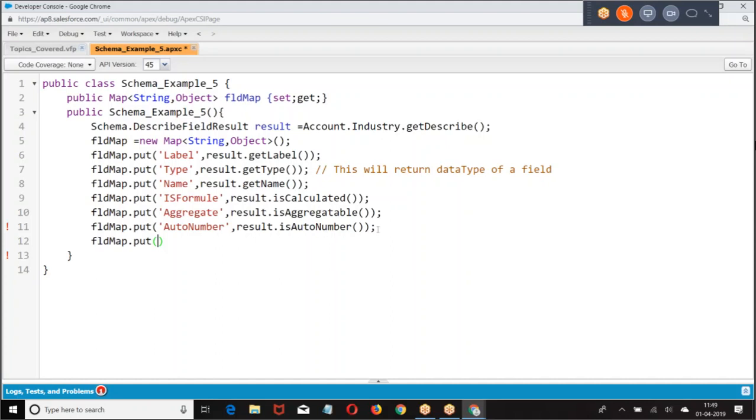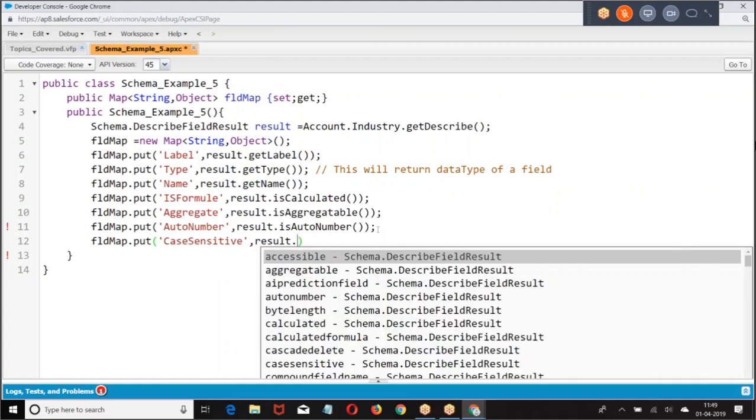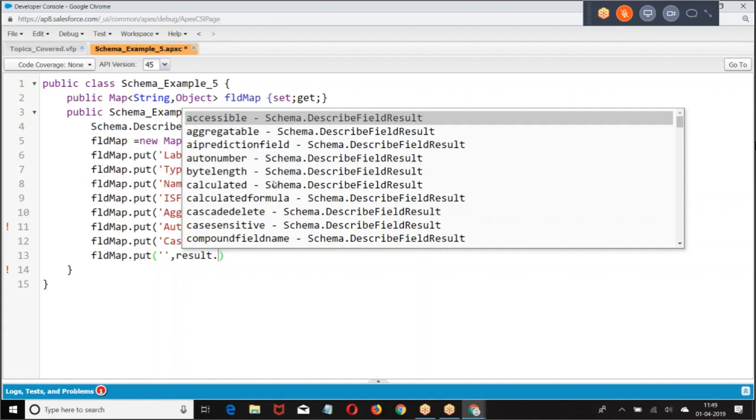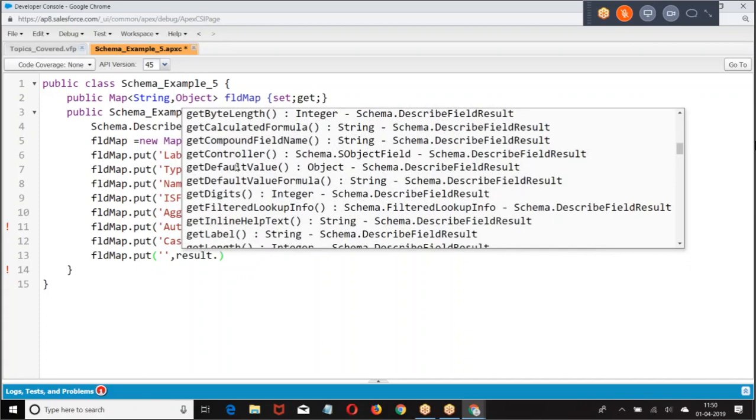Field map dot put case sensitive. Dot is case sensitive. And again I have the lot. Then I will give what is the default value.